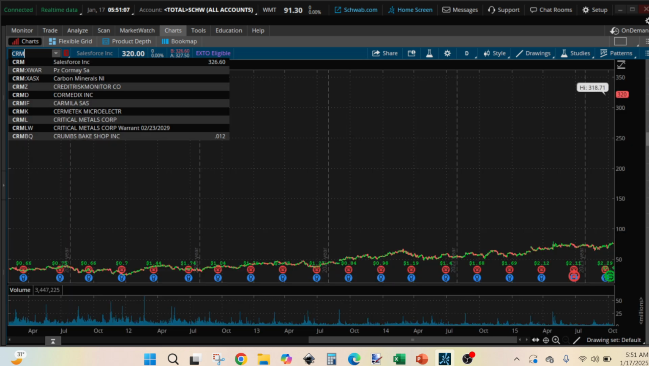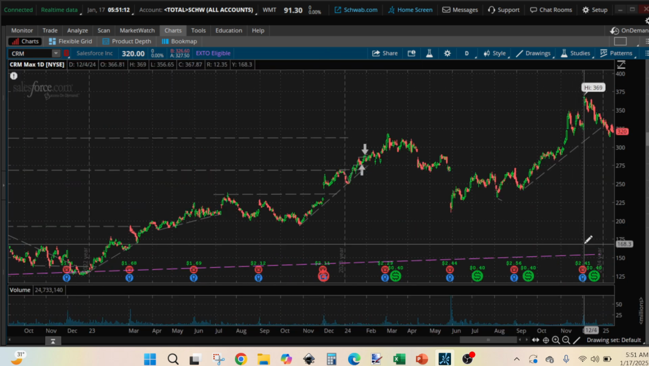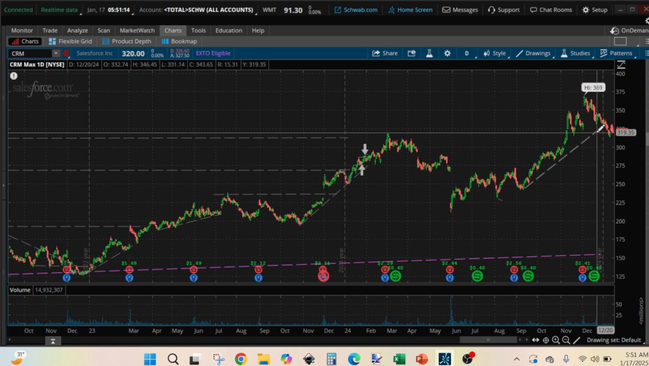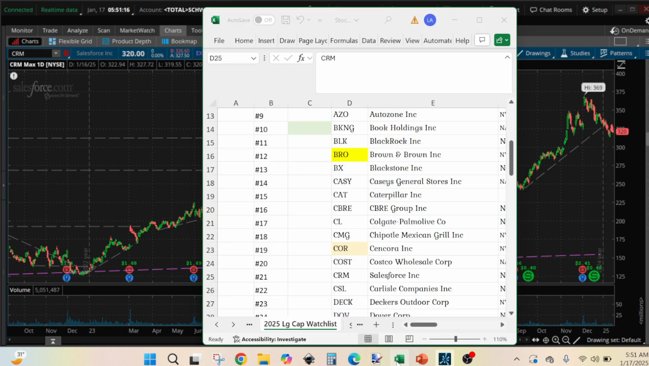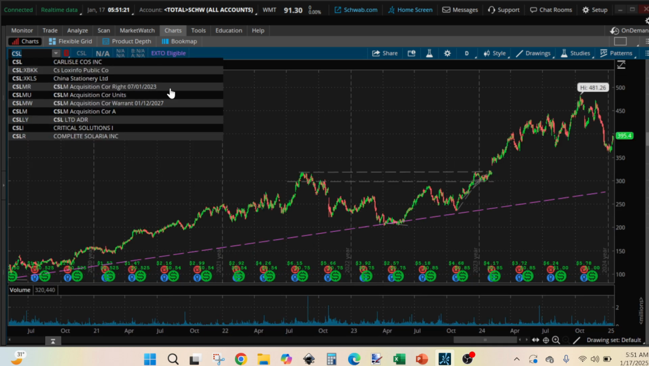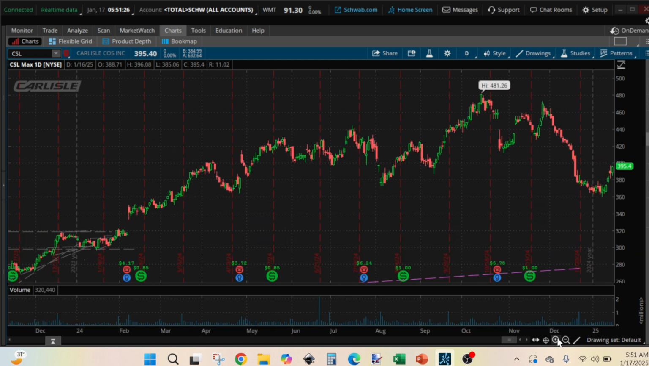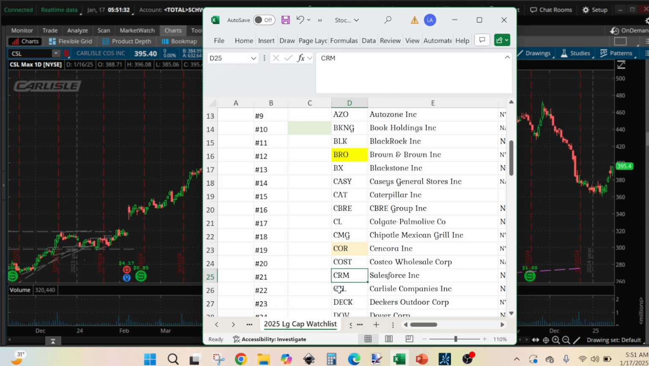CRM. So CRM, we like to buy at this purple line, but right now it is higher up. This trend line ended, but still higher up. CSL. CSL, we like to buy at this trend line, but right now it is far from it. Yesterday the price went up. The next one is